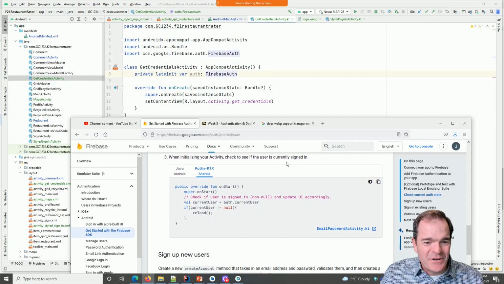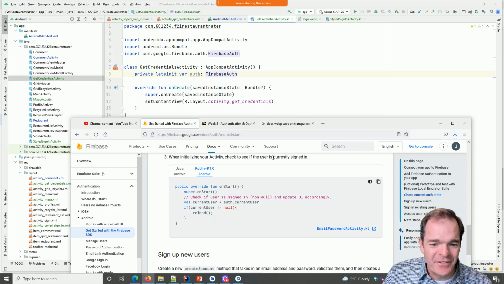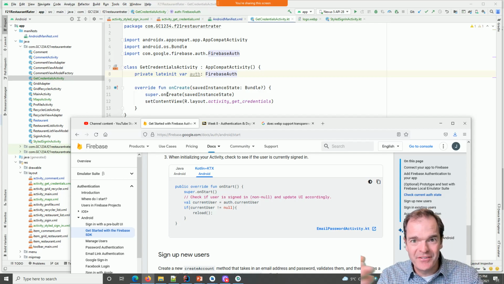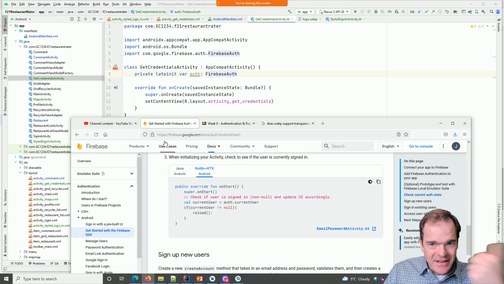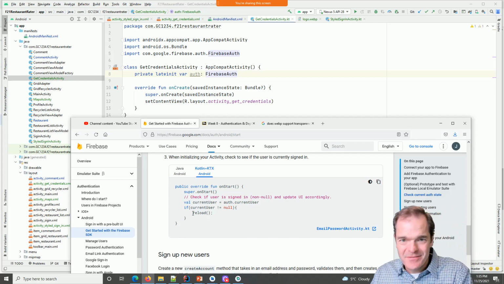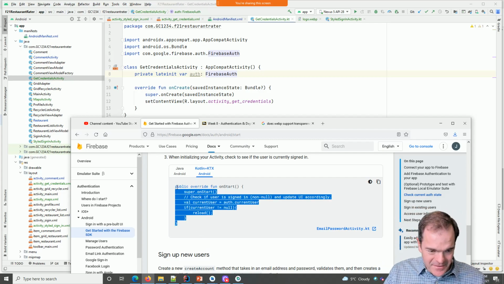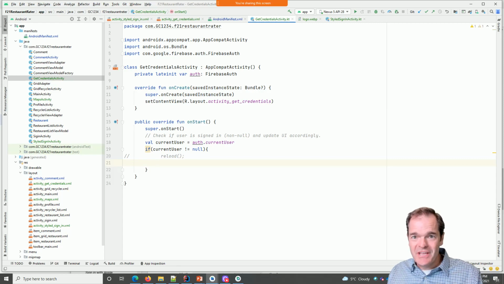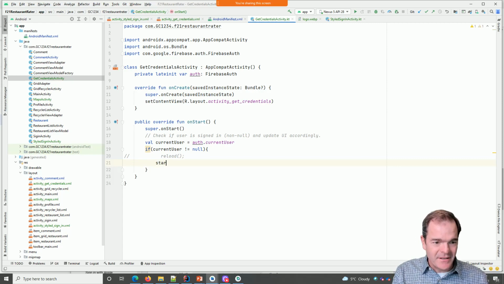And it says when you initialize your activity, check to see if the user is currently signed in. So in the onCreate method, that's the very first one that's called. After it's created, it goes to an onStart. And it's possible the user's already logged into the application, in which case we can just move on to our next scene. So that's where we can copy this piece of code and paste it in here. Now we don't need to reload our scene. If they're already logged in, let's just take them to the grid recycler activity. So I can just say start activity, intent, this,